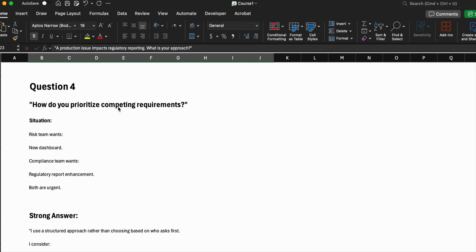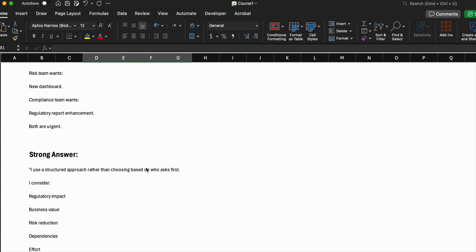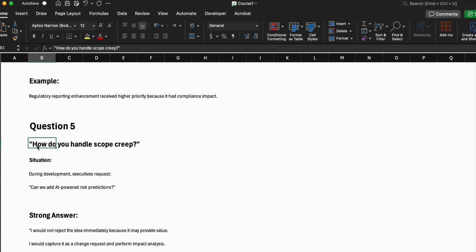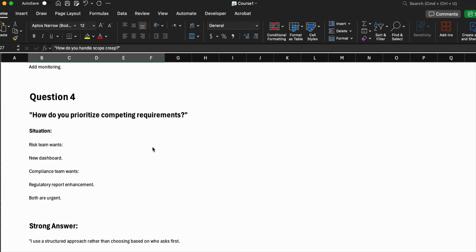Okay, so how do you prioritize competing requirements, right? So how do you do it? It's based on the priority. Okay, how do you handle scope creep, right? So again, these two questions are